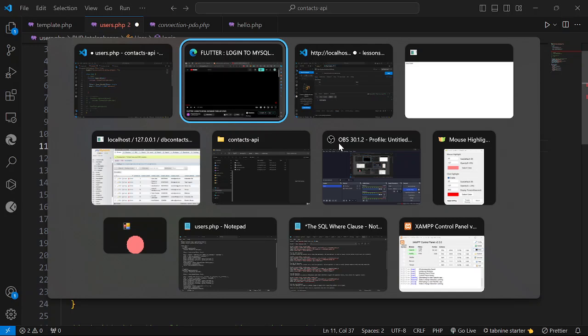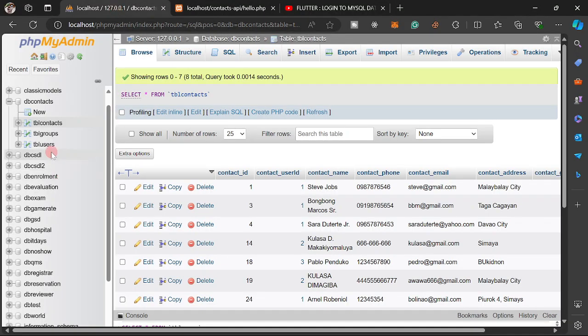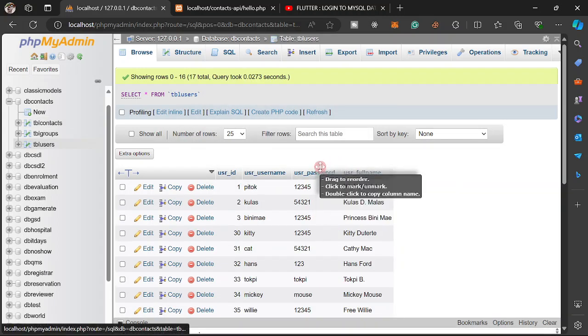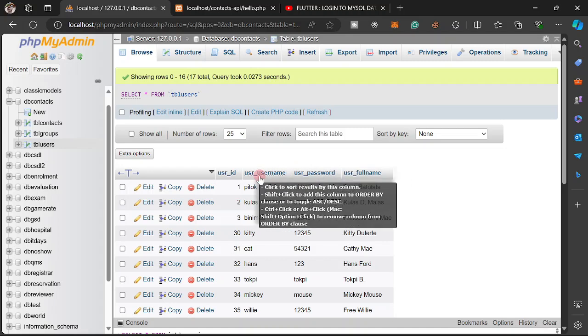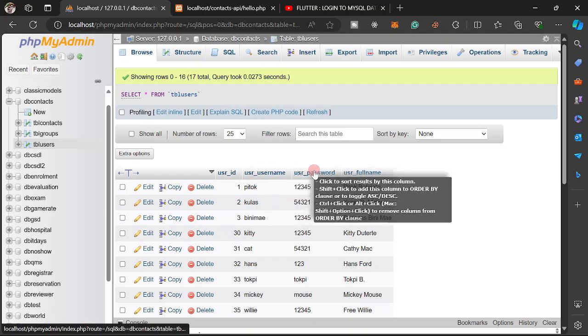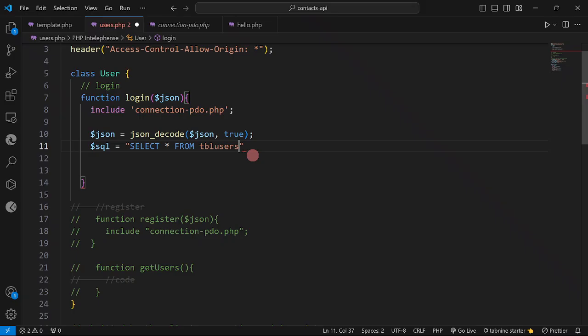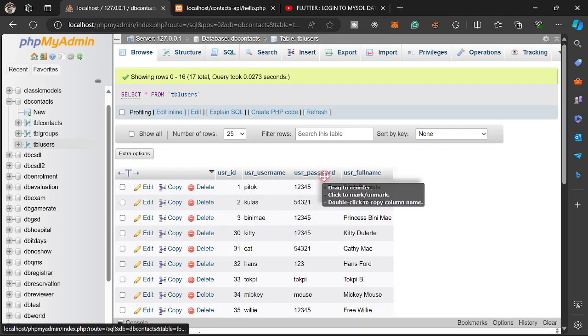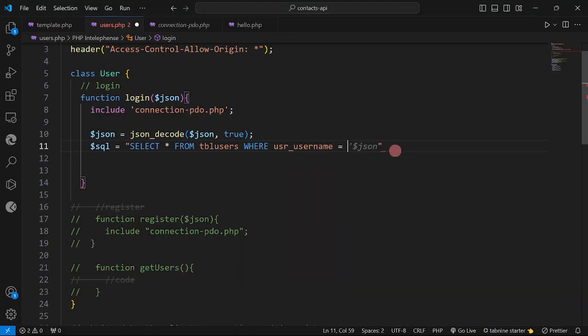Going back to our database, we have tbl_users, and we are going to determine the validity of the login credentials through the usr_username and usr_password. From tbl_users where usr_username and usr_password is equal to,